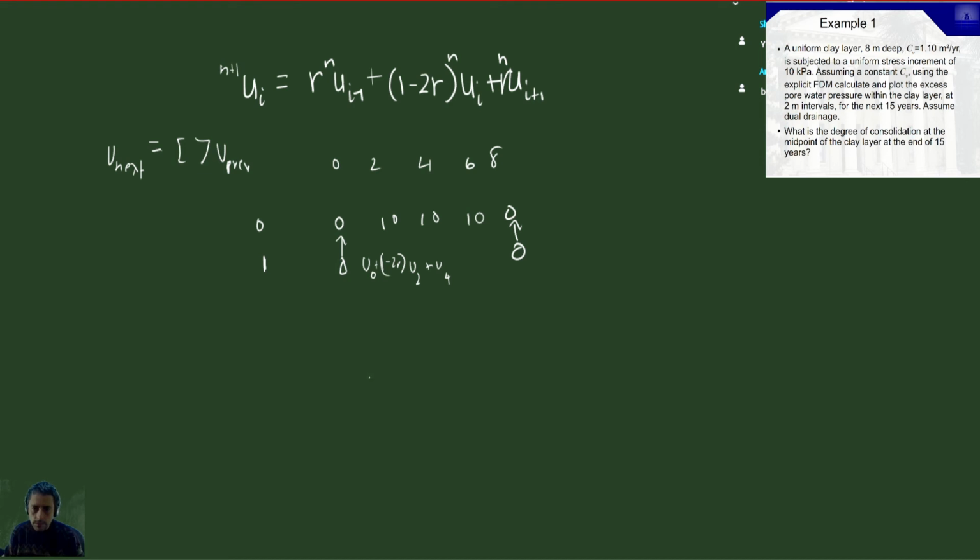And so if you look at it this way, what we have is to calculate u0 up until u4, so we have a vector here like this,